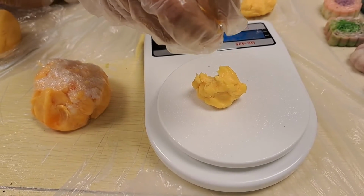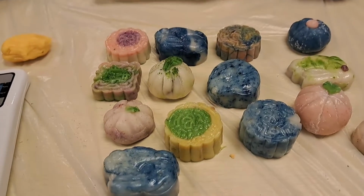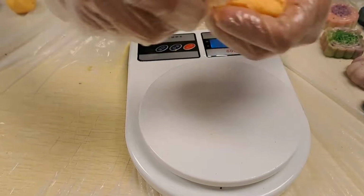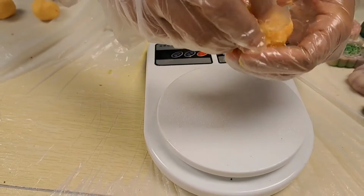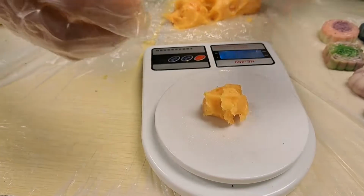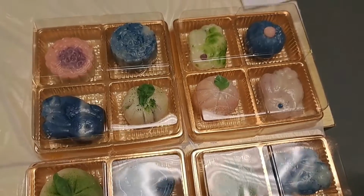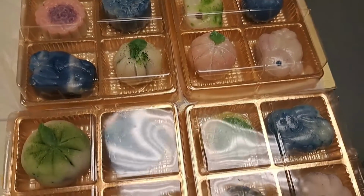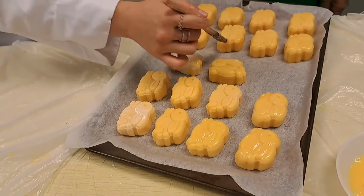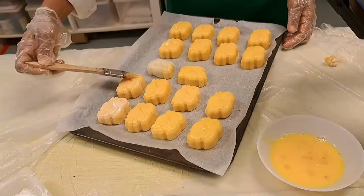How many grams? This one? 22. Yeah, because all is 50. Let's make the custard first, okay? Then later we divide the moon cake. Yellow one, this one, flatten it. Okay. Remember to